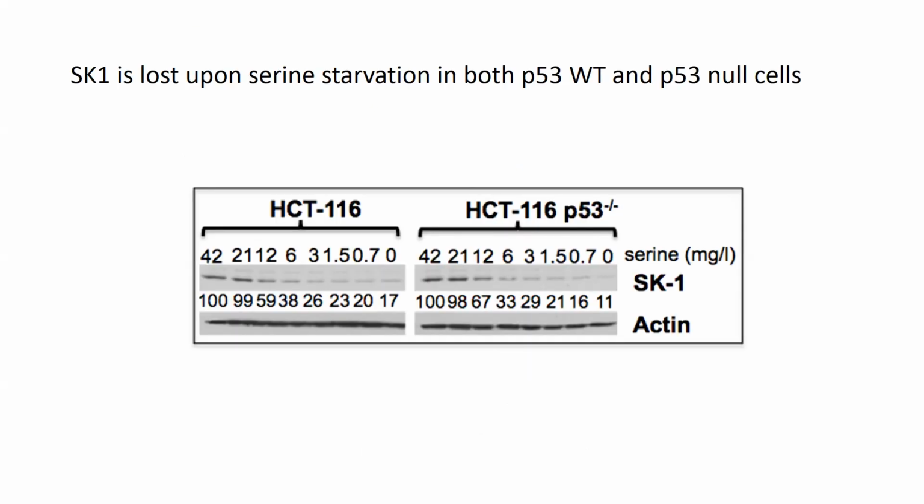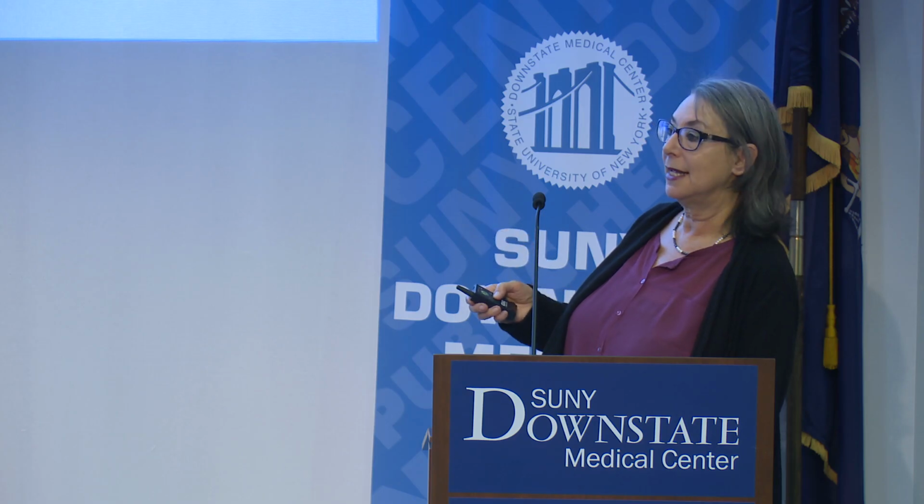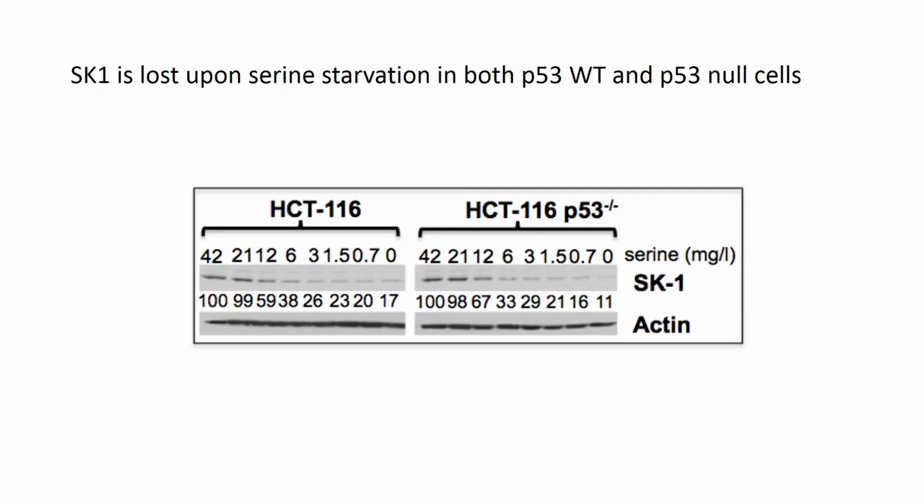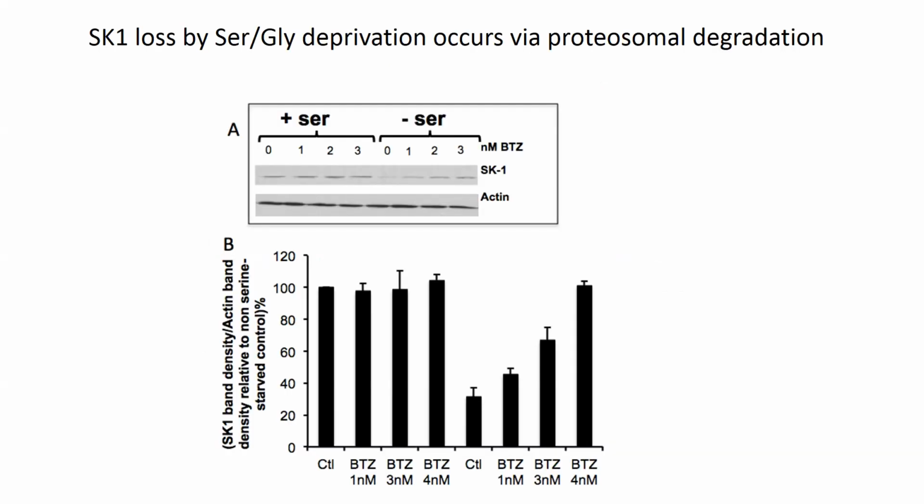And we found that indeed, when we take colon cancer cells and deprive them of serine, Sphingosine kinase gets degraded. The enzyme that is very potent in cancer becomes degraded. And we showed that this happens in wild-type colon cancer and in p53 null, but you can see the enzyme is getting lost. And that this is mediated by a protease, because when we inhibit proteolysis, we inhibit this breakdown. And I'm sorry that I have to rush through this,